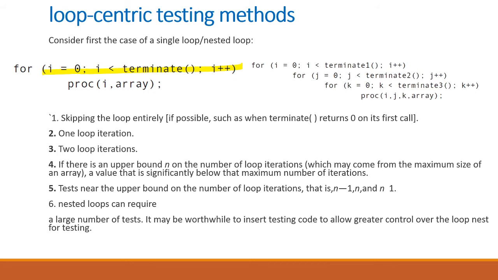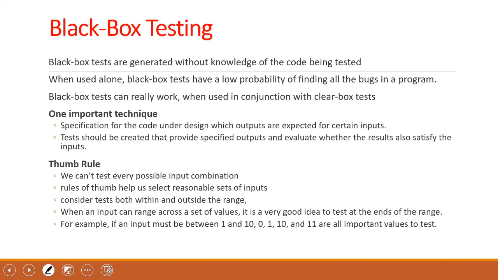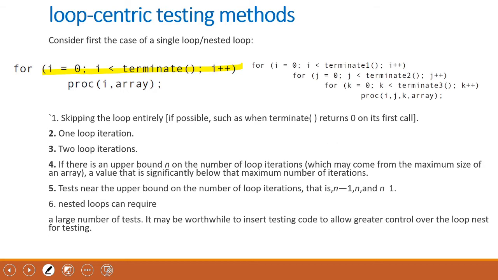Next we will check out of the range, at the starting value and at the ending value. So this type of testing is enough with respect to data flow graph testing. So this is about clear box testing. Under clear box testing, we have seen control flow graph testing and data flow graph testing.